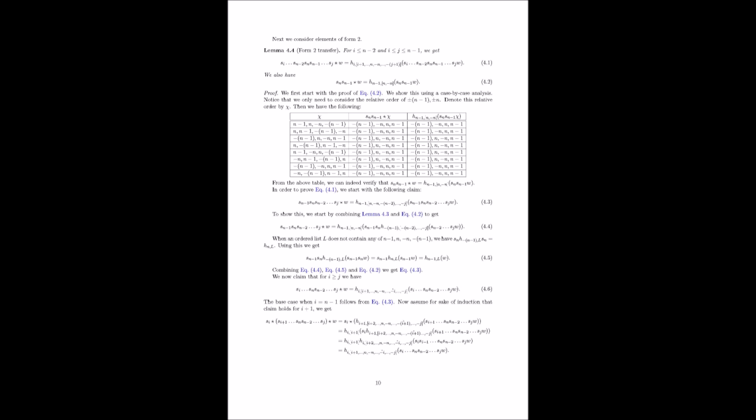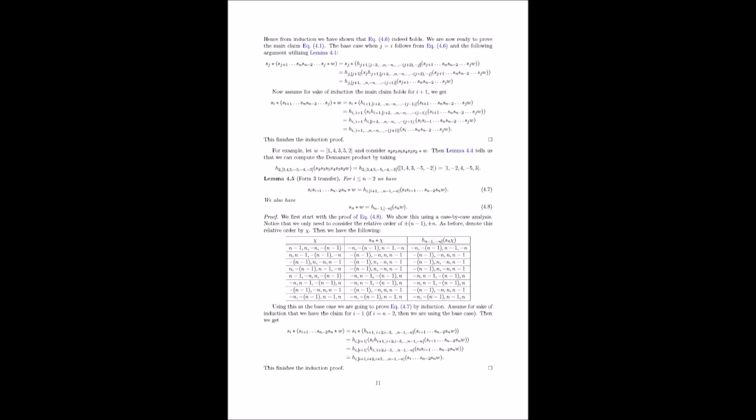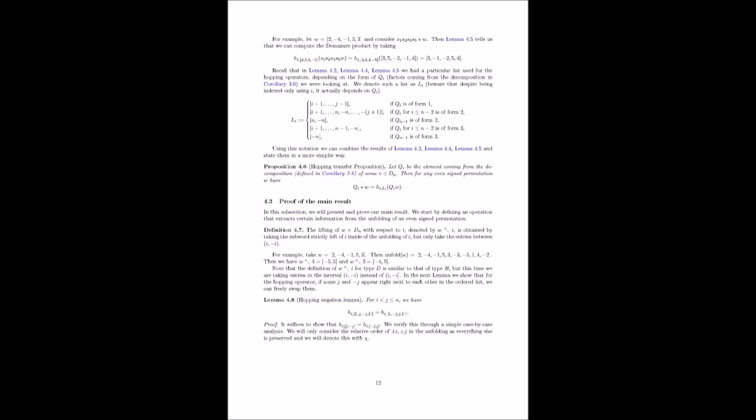So remember that idea of lifting we talked about? They start by calculating the liftings of W with respect to each index from 1 to 4. Those liftings extract the information that we need for each hopping operator. So W1 would be 2, -4, 5, 3, -5. W2 would be -4, 5, 3, -5, and so on. Precisely. They list out all 4 liftings,